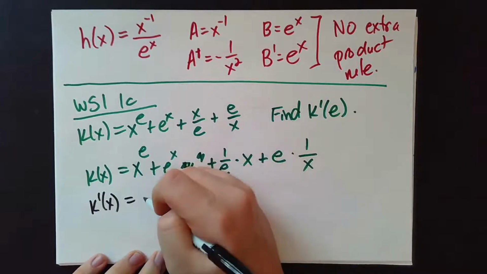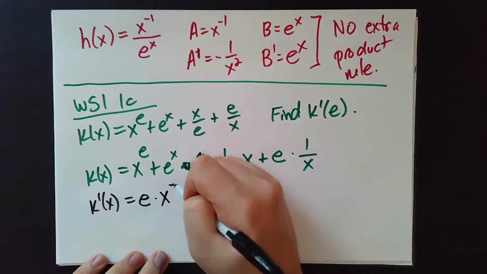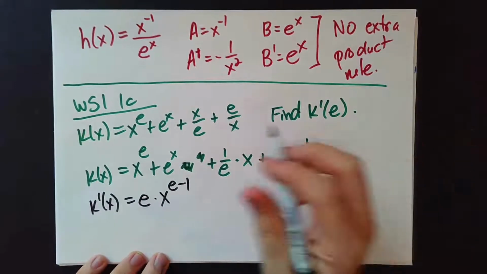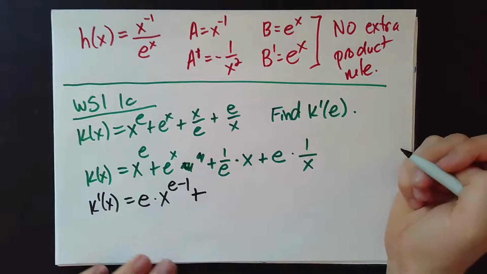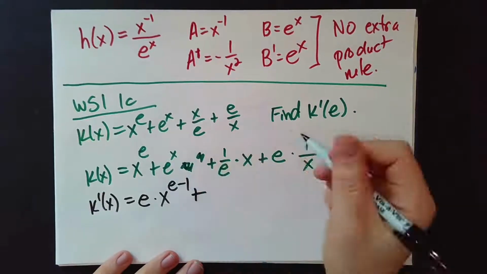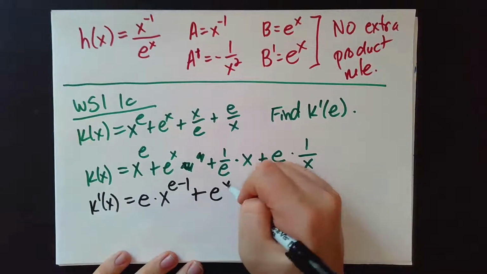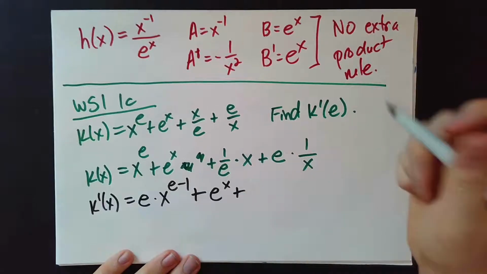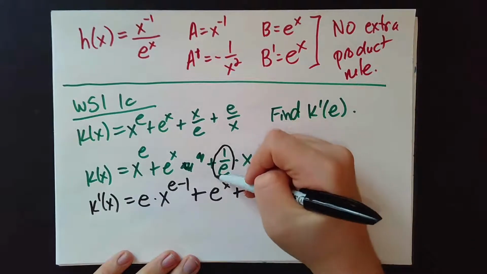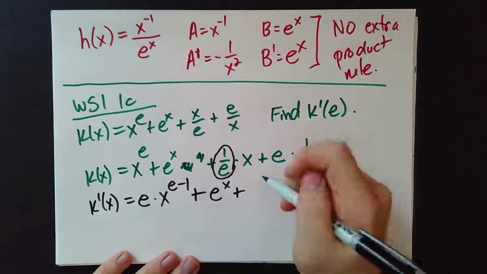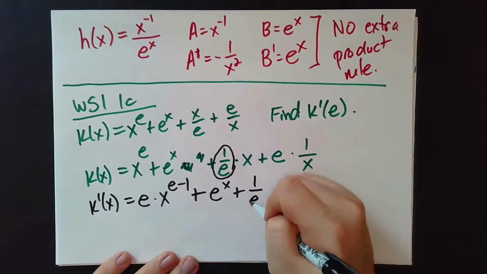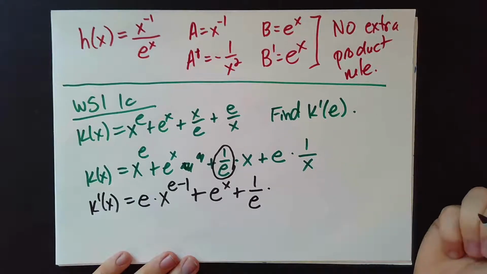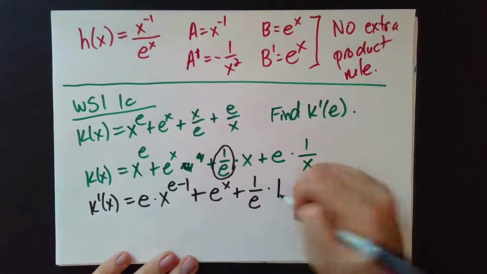So I do the same thing with e. So this is e times x to the e minus 1 plus, this is e to the x, whose derivative is just e to the x, plus, okay, now this is just a number times x, so when I take the derivative, I'm going to get 1 over e times the derivative of x, but the derivative of x is just 1,